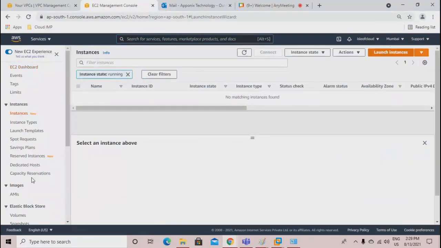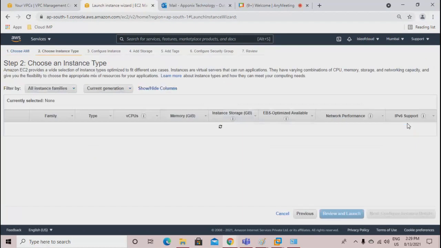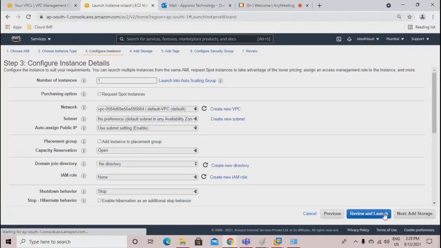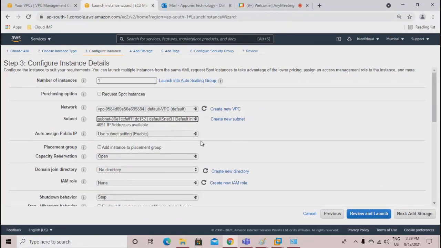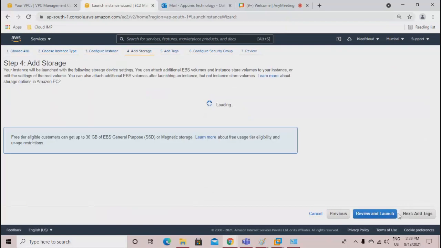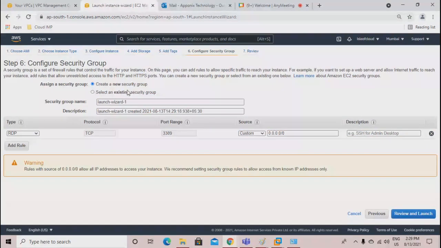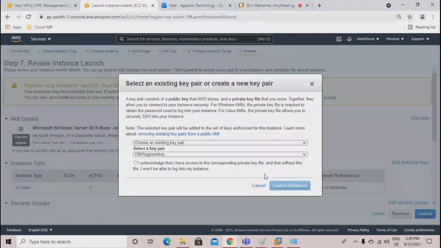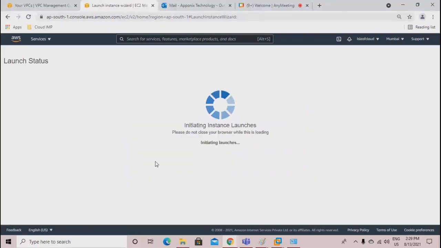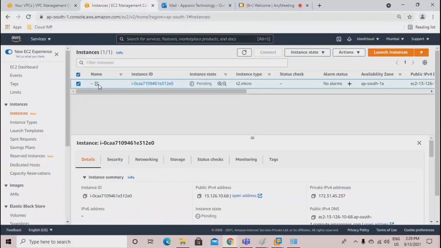I'll create a Windows Server 2019 instance here. So in the default VPC, I'm taking AP South 1A. I want a public IP, storage, and then security group. There is RDP already in that. Review and launch, and saying launch. Just keep it. View instance. So this is my DC, domain controller.